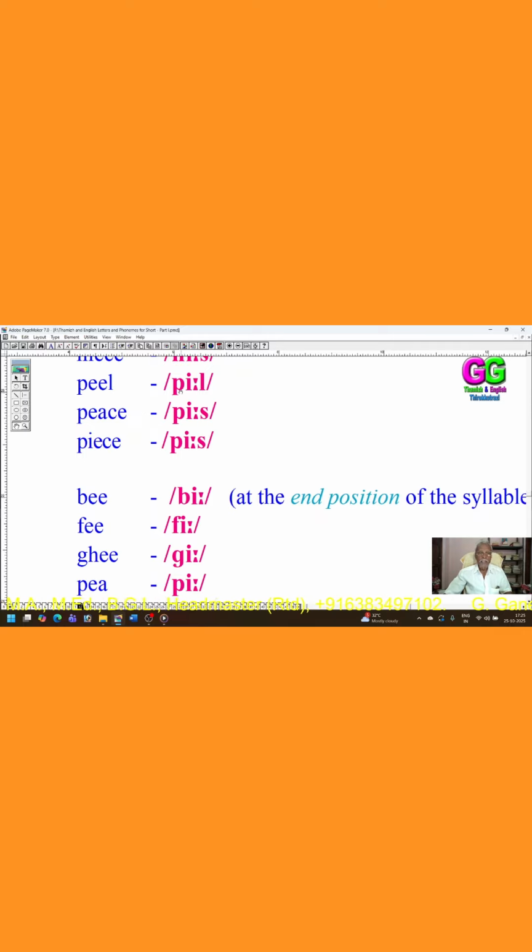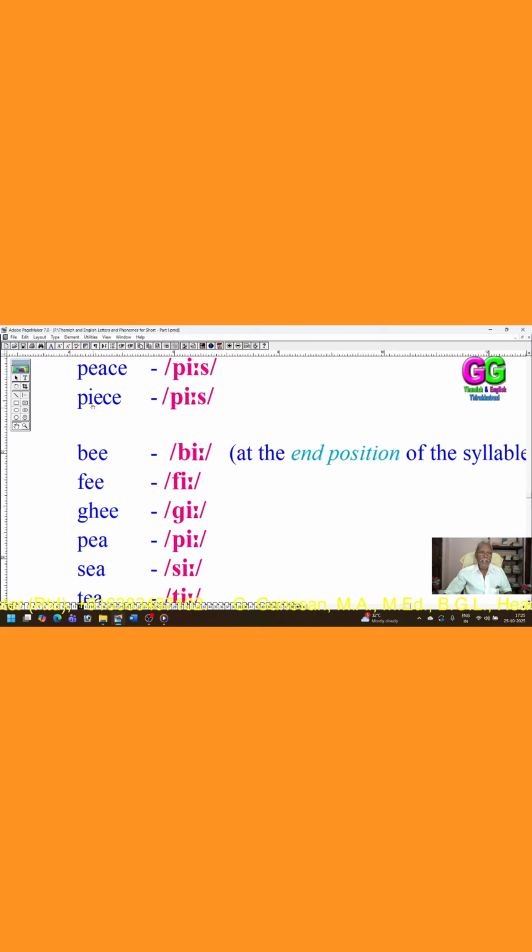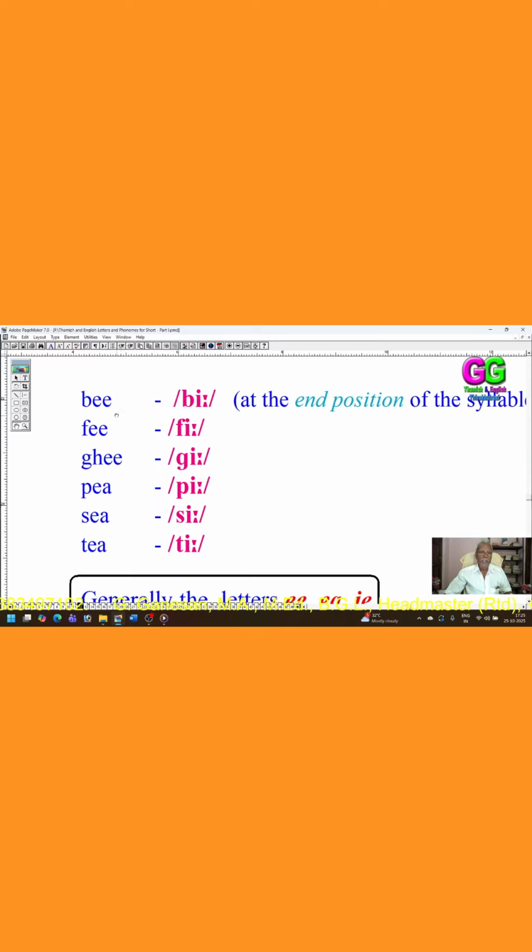P E E L, peel; P A C E, peace; P I E C E, piece. At the end position of the syllable: